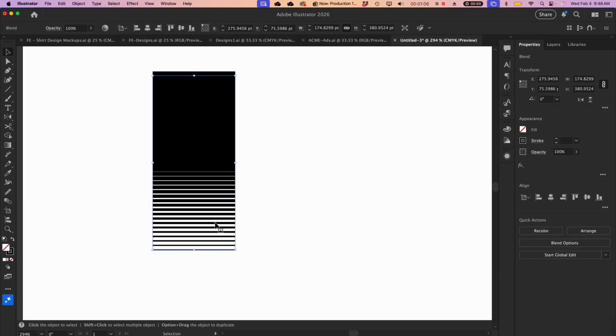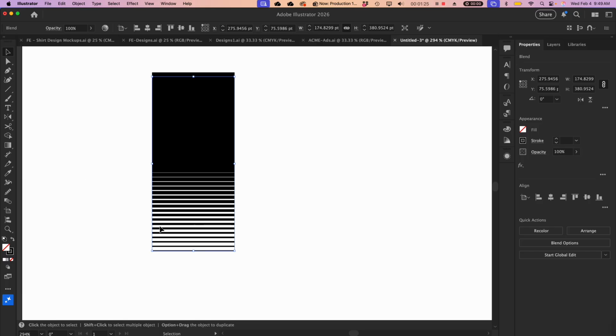Depending upon whatever the last setting, you may not get the exact same results that I've got here, and that's okay. I'm going to show you how to do this. But basically what blend does is it takes multiple objects and it creates the intermediary steps between them based upon the information you give it. So this is what I got. Like I said, you may not have gotten the same thing. You may have gotten just a single middle weight line across the middle, but we can fix that pretty easily